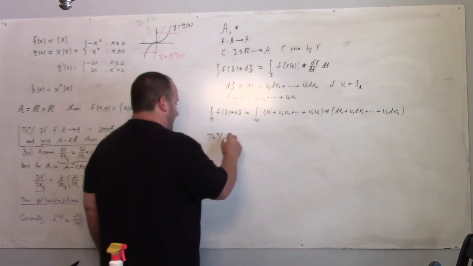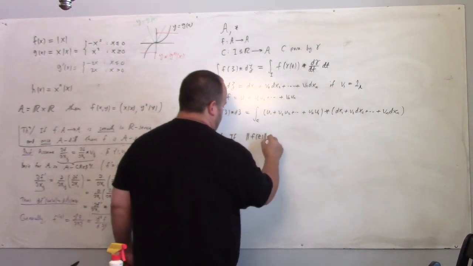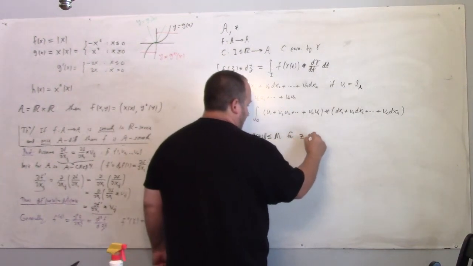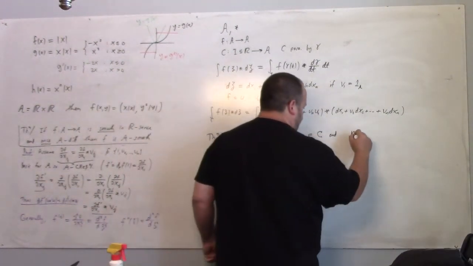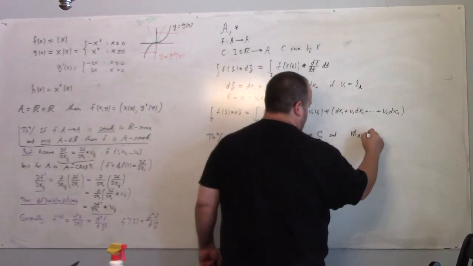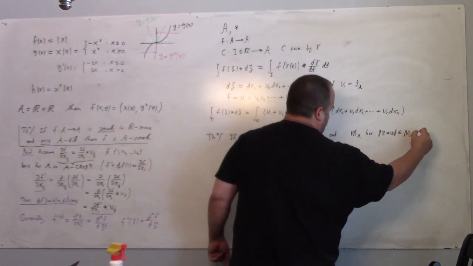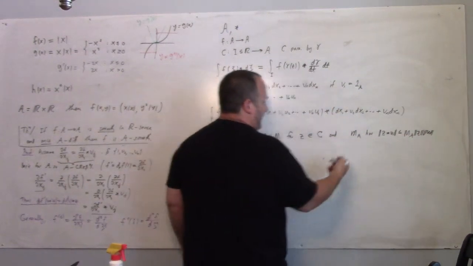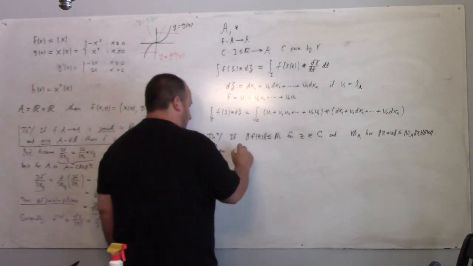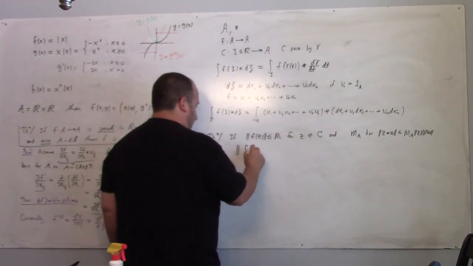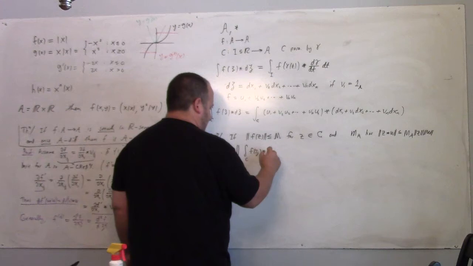Theorem. You have that the norm of f of z is less than or equal to M for z in your curve. And if you have that m sub a is the norm of z times w is less than or equal to m_a, norm z, norm w, in other words, m sub a is the submultiplicative constant for the algebra, then the norm of the integral over the curve of f of zeta d zeta,